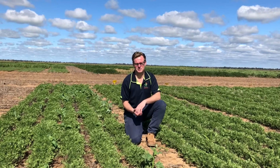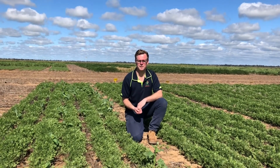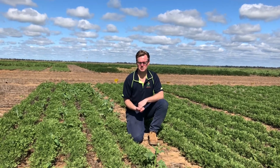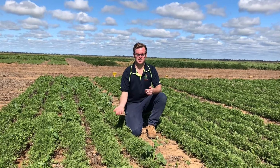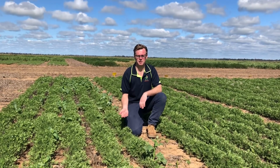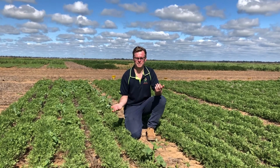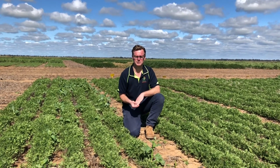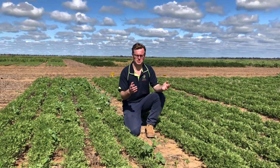One of the other tools that's quite heavily available to growers now is the use of herbicide tolerant varieties. Here we have a crop of GIA Sire. GIA Sire is a new variety which is tolerant of clopyralid residues within the soil. That can open up a range of opportunities to growers to manage that residue, but also to control weeds